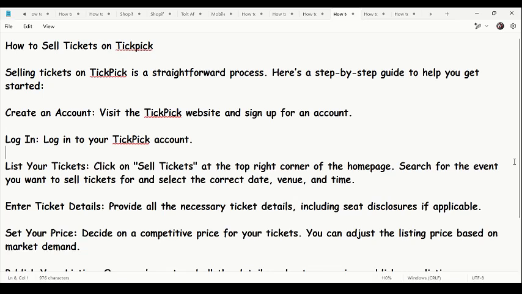So the first thing you have to do is visit the Tickpick website and sign up for an account. Then after that, log into your account on the Tickpick app or website. Then click on Sell Ticket at the top right corner of the home page. Then search for the event you want to sell the ticket for and select the correct date, the venue, and the date. Then enter the ticket details, which is to provide all the necessary ticket details, including the seat disclosure